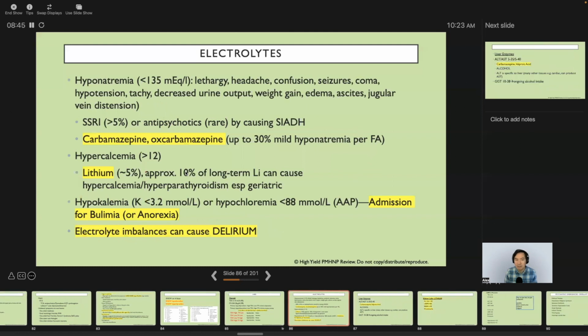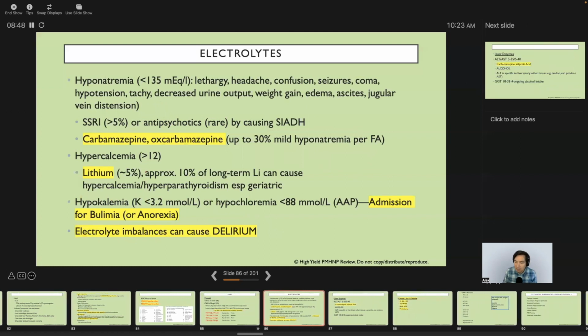So moving now on to electrolytes. The high yield way to study electrolytes